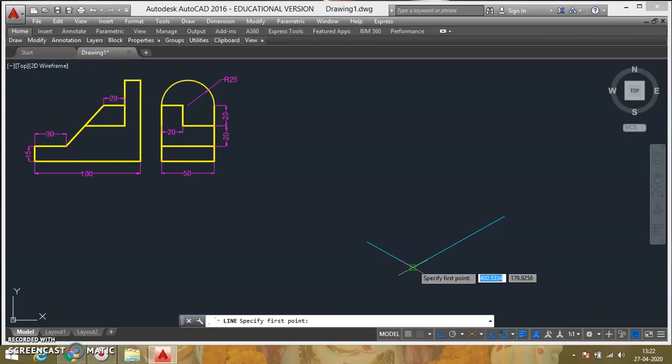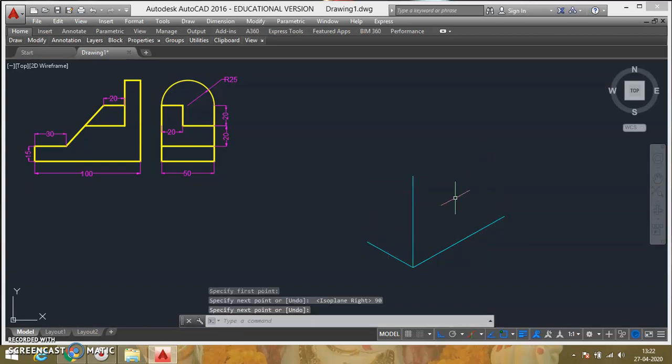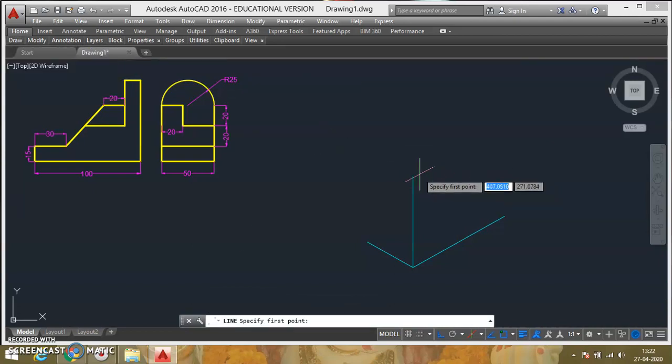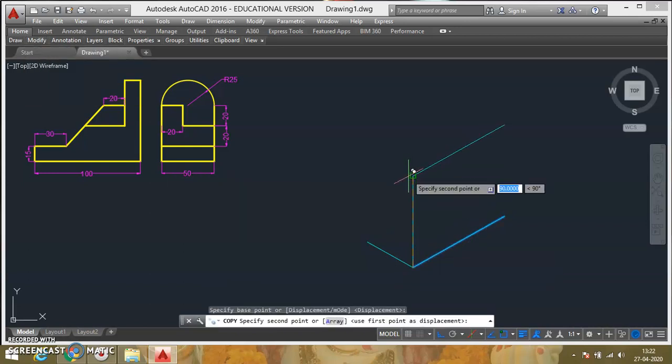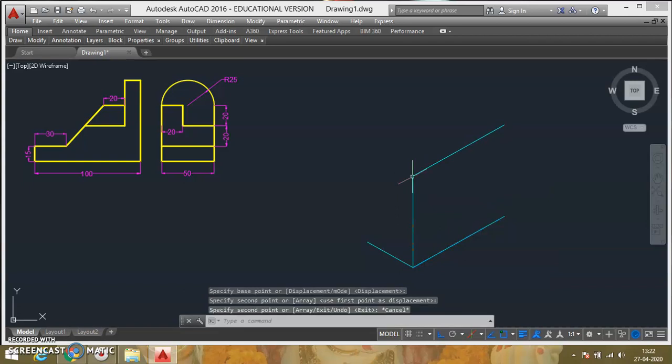So line command, from here I'll go up, so again F5 for 90. Manually also you can draw these three lines. Once it is done, the next you will just draw the lines to get the box, complete box. So I'll draw one line, I'll draw parallel line to this line passing through this point. So one parallel line I'll draw here like this. Similarly, I'll draw a line parallel to this line